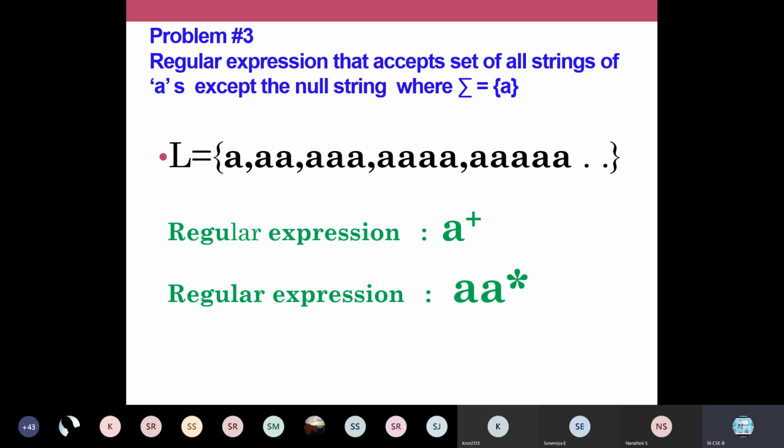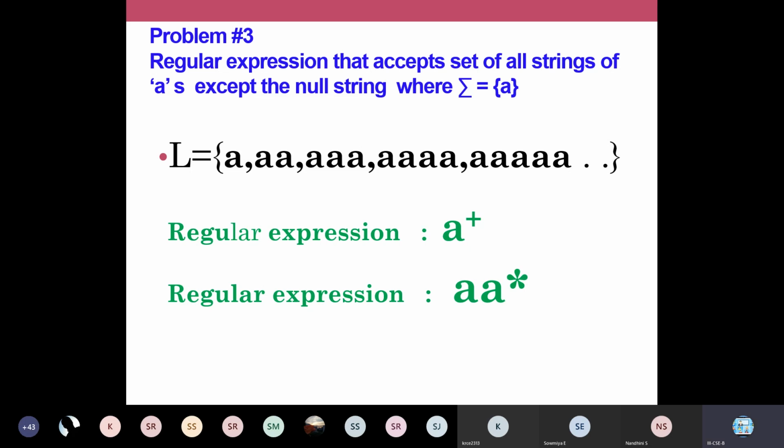In that case, how do we write a regular expression? I must not use a star. If I write a star, it denotes 0 or more occurrences. That's why I told you to write by the side of a star, 0 or more occurrences. So if I write A star here, your regular expression is wrong. You must not write simply A star, because there A star will represent epsilon also. But in your given question, they have defined that your language must not have epsilon. They have defined it as except null string. Null string is your epsilon. So I must not have an epsilon.